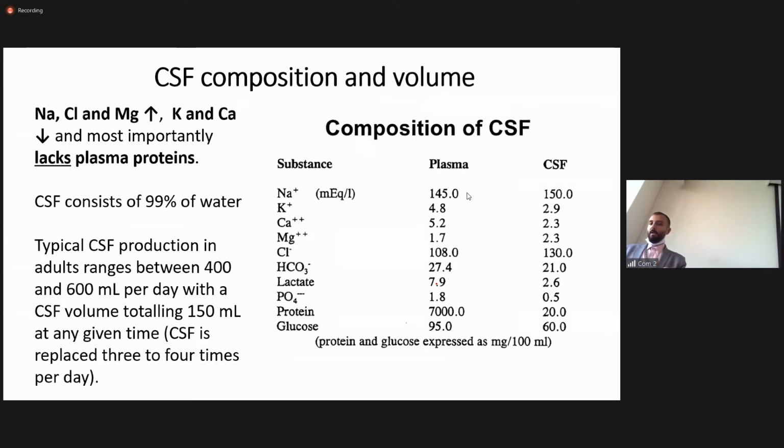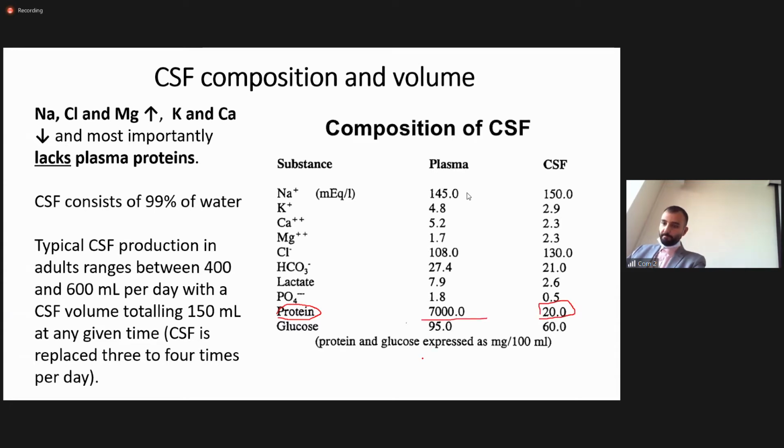Now, is CSF different from the blood? Yes, it is. The main difference is that it lacks plasma proteins, okay? So there are no plasma proteins within CSF because these plasma proteins are going to produce a devastating damage to the neuronal cells, as we will see later, okay? So one of the main differences is that proteins are in very low concentration in the CSF compared to the